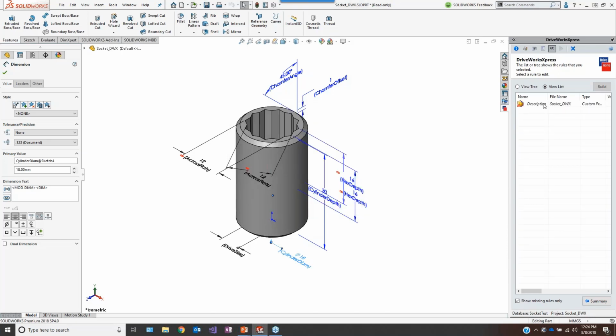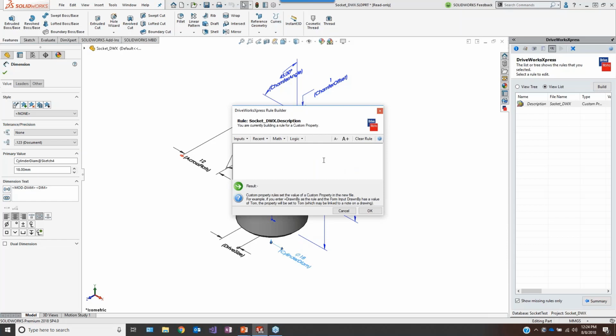And then the description is the neat one here. I can build it up. We don't really need a concatenate in front of this, but it works very much the same way as Excel. So I want this to be equal to the socket type. And then I just use this ampersand sign, and I can add things to it. If I do a quote, space, quote, it just sticks a space in between this value and the next. And I'll say, and socket size, and millimeter space, and height,